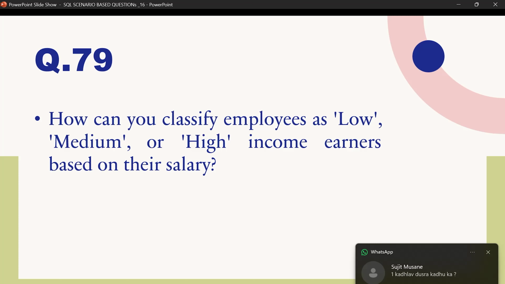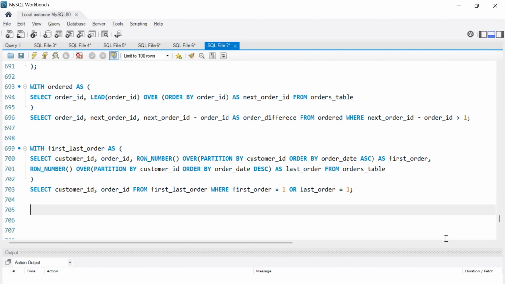This is a very easy question, because here we are going to use the case. Okay, select employee_id, employee_name, salary, comma,